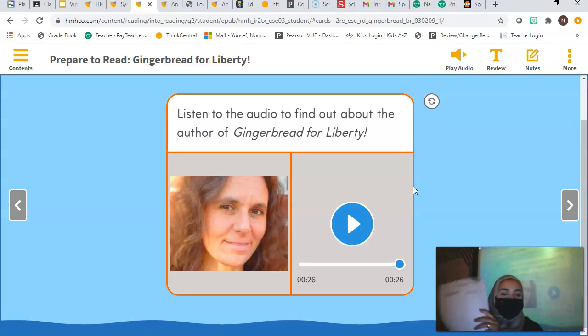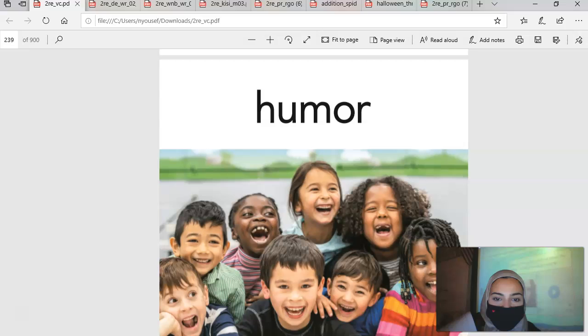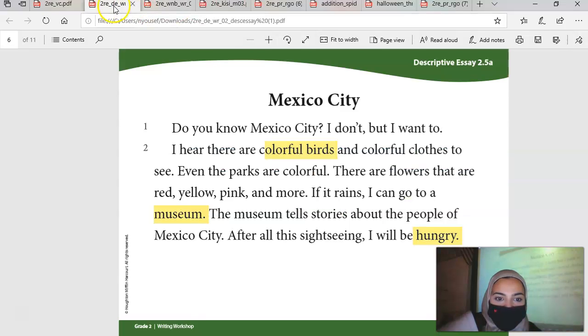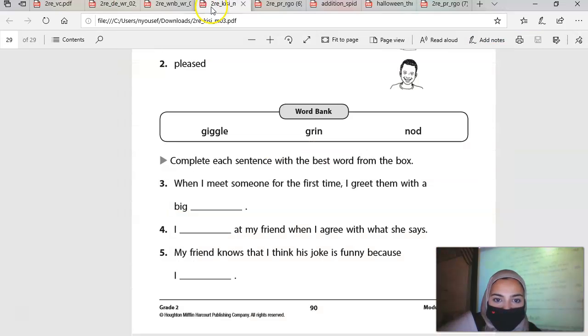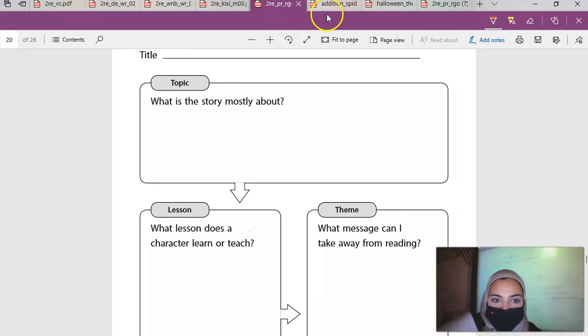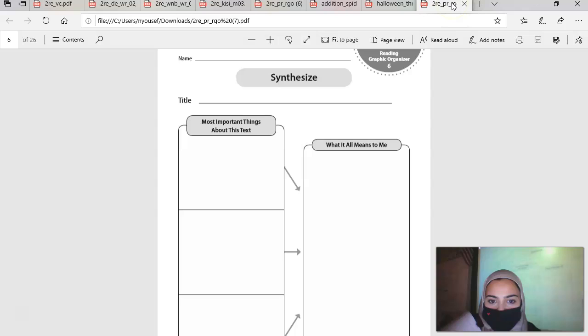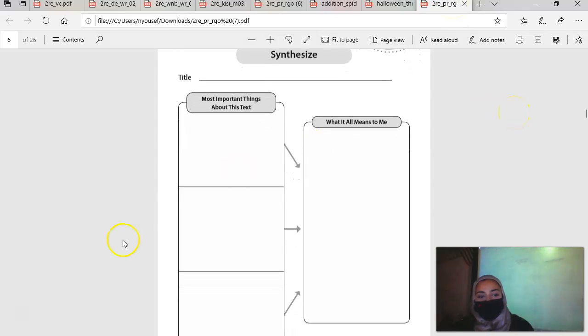So I'm going to go ahead and pass this paper out. It looks like this. It says synthesize on it. Where is it? There you are. No, that's not it. There you are. All right, I'm going to pass this out, and then we're going to fill this out as we read the story. My onliners, you should have this paper. I think I gave it to you during the last pickup. If you don't, I'll attach it, or you can just write it in your notebook. Write it in your reading notebook, okay?